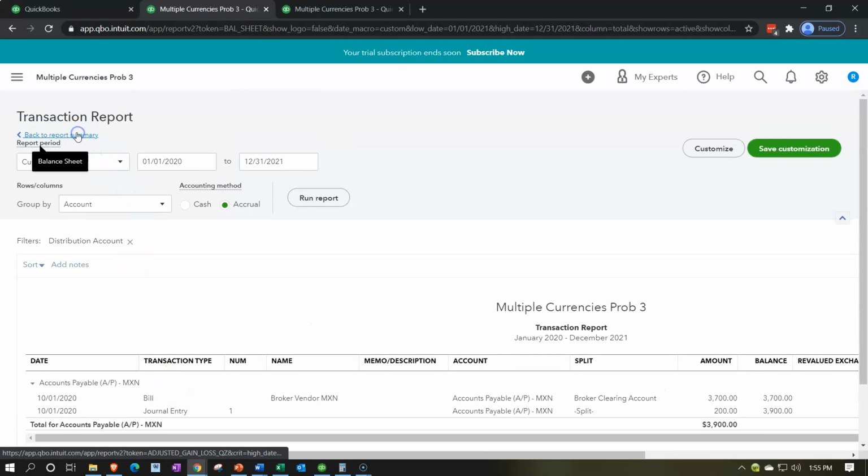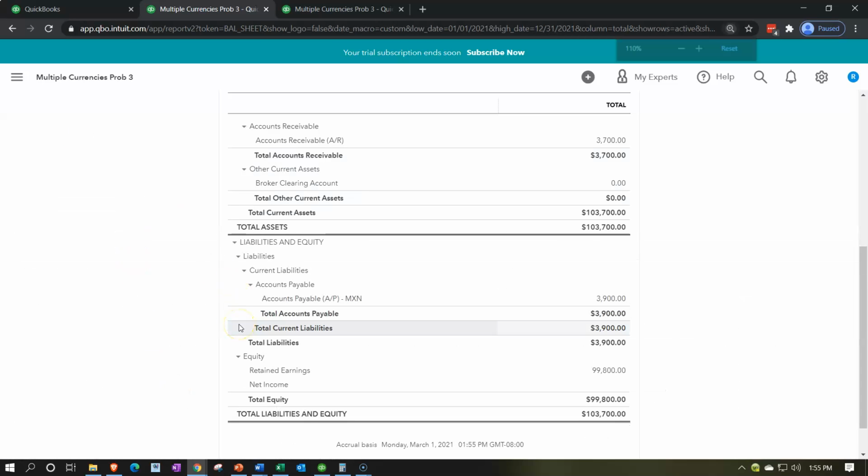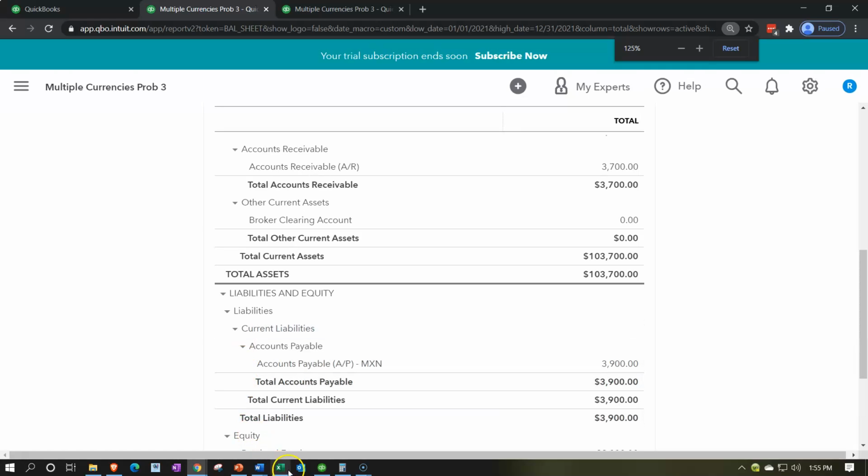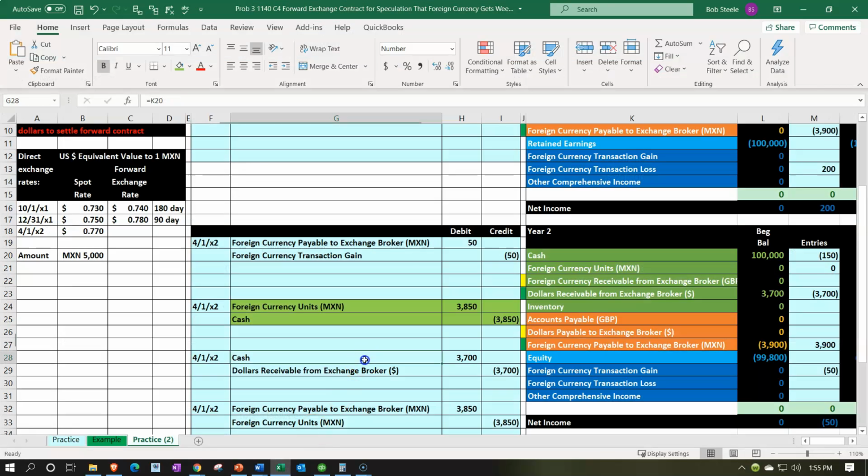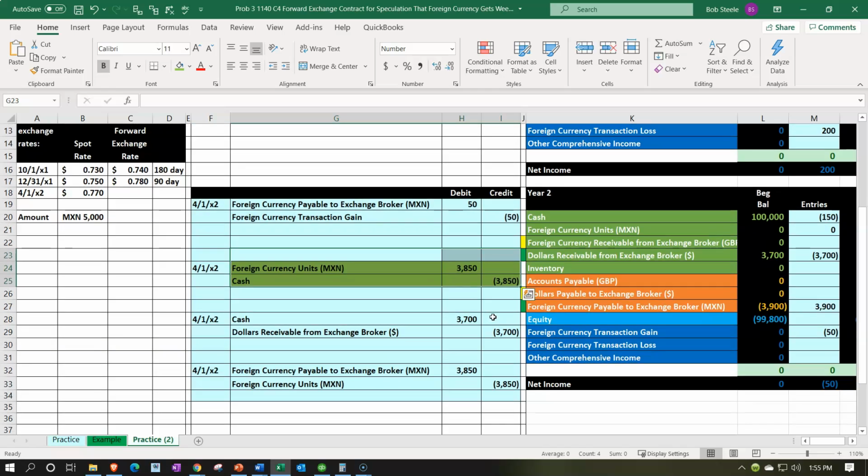I'm going to go back to the prior tab. Hold down control. We're going to scroll up just a bit just to compare that to Excel. Within Excel, you'll note what happened is we then on the second year, we did this adjusting entry to adjust the payable to what it should be as of the point in time that we're going to pay it. And then we went down here, got our cash that we did last time, and then we paid off the payable and the receivable. So this time we did not do this adjusting entry